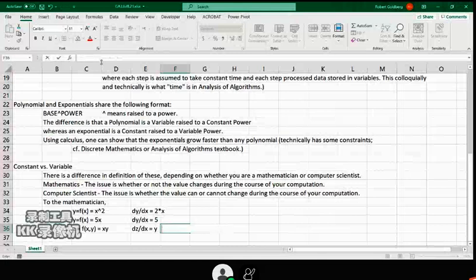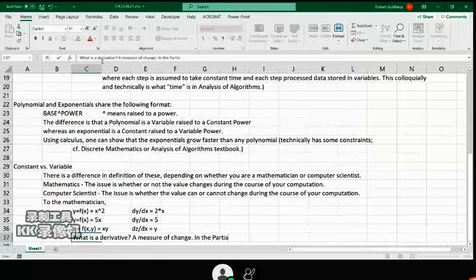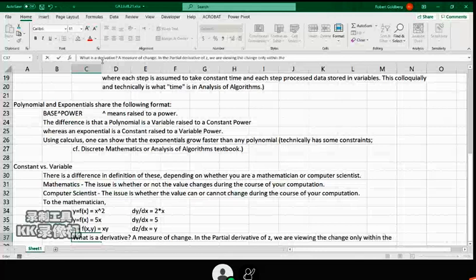okay, let me say it differently. What is a derivative? A derivative is a measure of change, right? What changes? In the last case, in this third equation, in the partial derivative of Z, we are viewing the change only within the